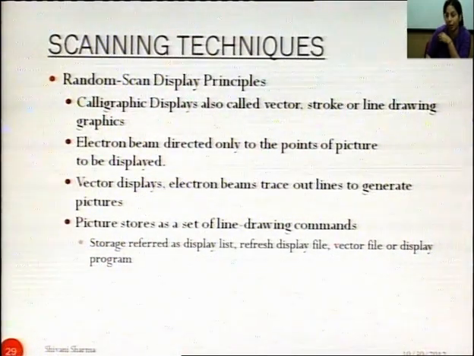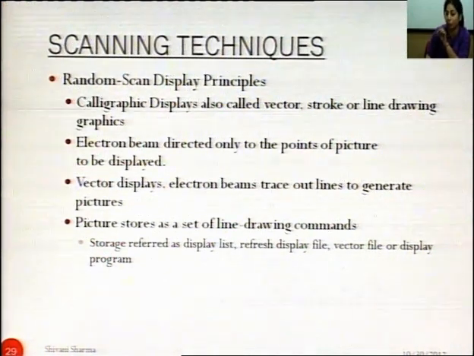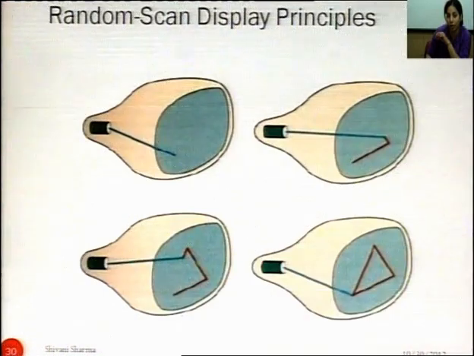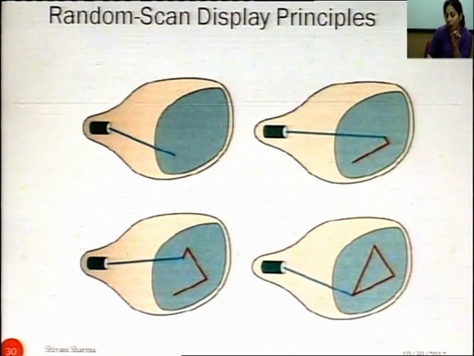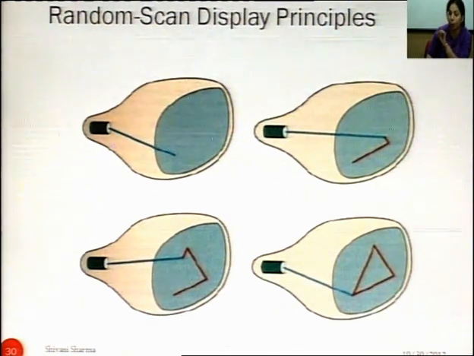Then another scanning technique is the random scanning technique. In the random scanning technique, calligraphic display, also called vector or stroke or line drawing graphics, the electron beam is directed only to the points of the picture to be displayed. In a vector display, the electron beam traces out lines to generate pictures. This is the random scan display principle, meaning that at any point you can focus your electron beam to draw any